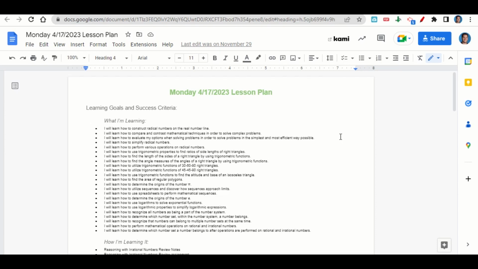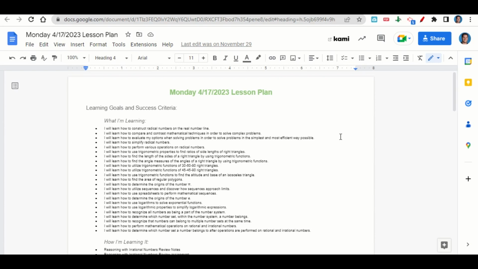order to solve complex problems, how to evaluate your options when solving problems in order to solve problems in the simplest and most efficient way possible, how to simplify radical numbers, how to perform various operations on radical numbers, how to use trigonometric properties to find ratios of side lengths of right triangles, how to find the length of the sides of a right triangle using trigonometric functions, how to find the angle measures of the angles of a right